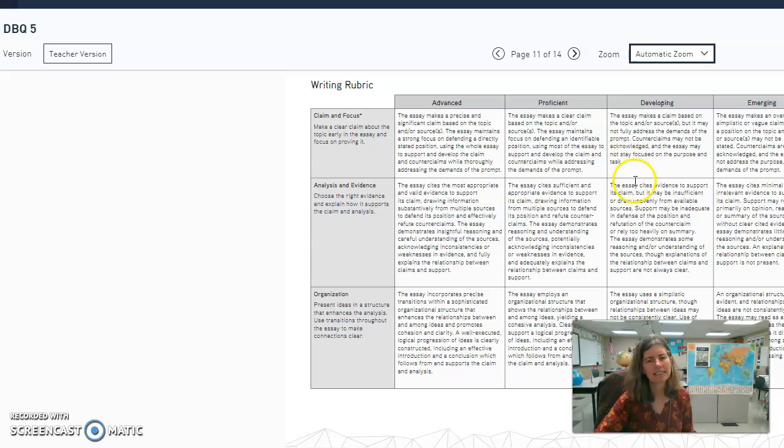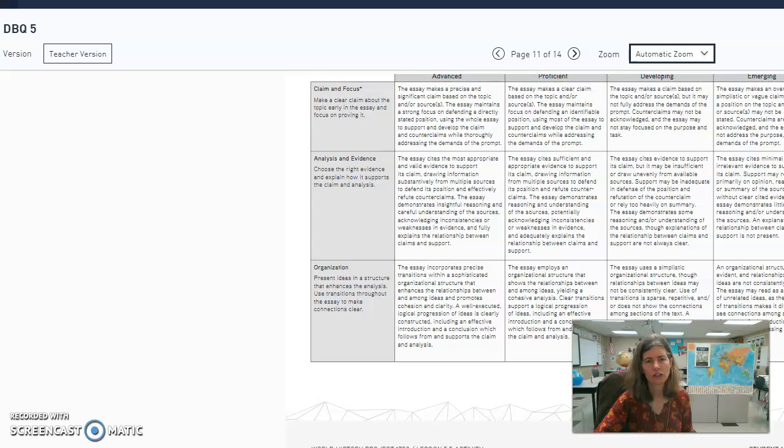If you've been in my class last trimester, most of you are now writing at a developing or a proficient level. So I expect all of you to grow in your writing in all categories, in your claim, in your evidence. Your evidence, I base it on how many citations you have, and also the way you tie your citations into your claim, and that you include a counterclaim. It's really important to analyze or honor the weaknesses in your analysis.